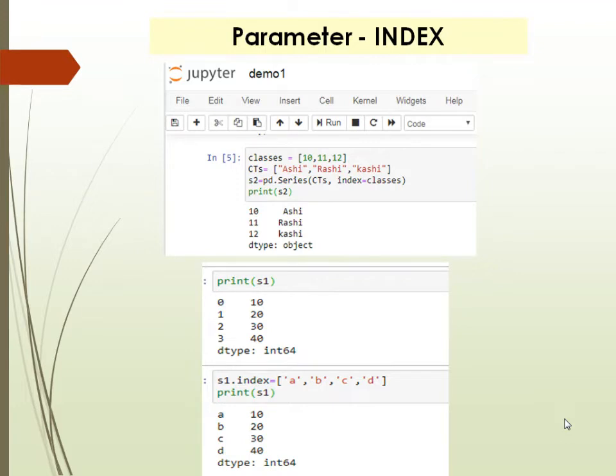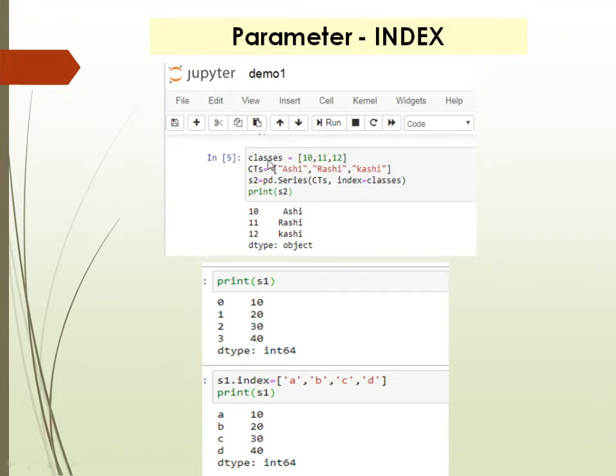Okay children, now you have to see all the parameters of series. So first one is index. How we use the index parameter to change the index numbers. As I told you earlier, a series always displays the index number and the index number starts with 0, 1, 2, 3 onwards. So if I want to change those index numbers, I have to use the parameter index here. See, the solution is here.